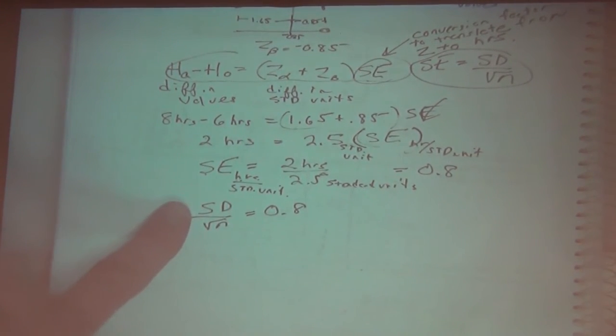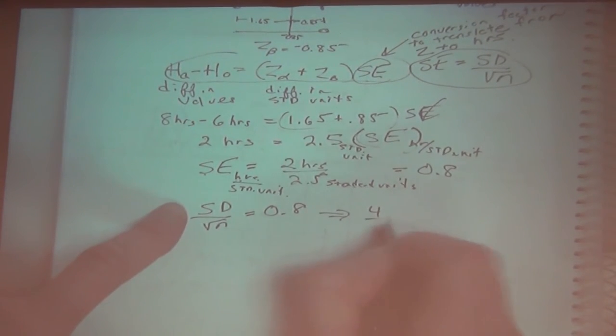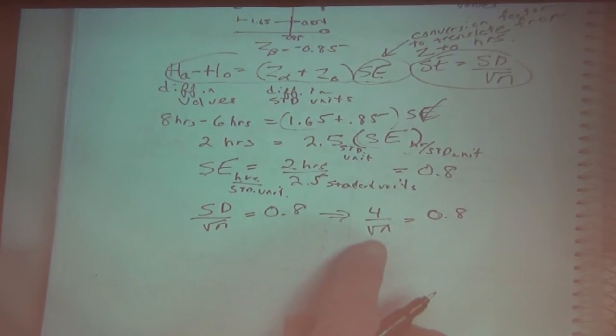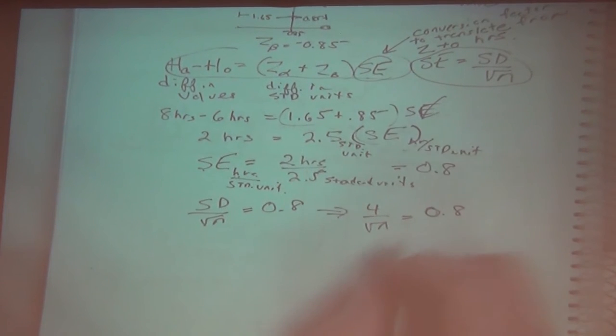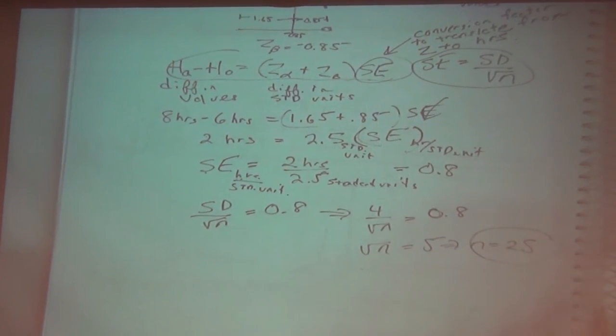And we know that the SD is 4. So 4 over the square root of n has to be equal to 0.8. That's 4/5. 4/5 is 0.8, so the square root of n has to be 5. So n is equal to